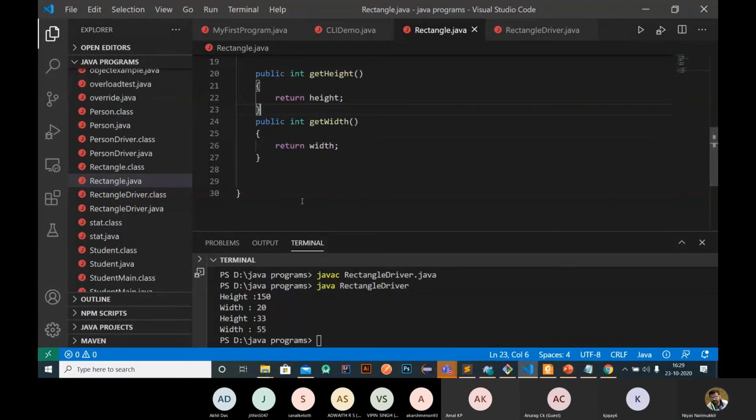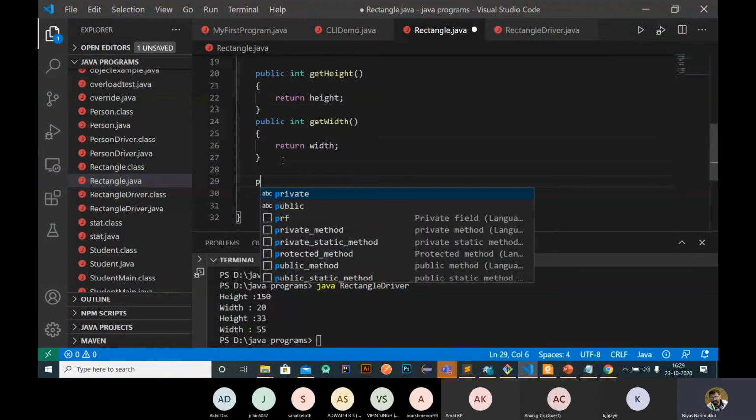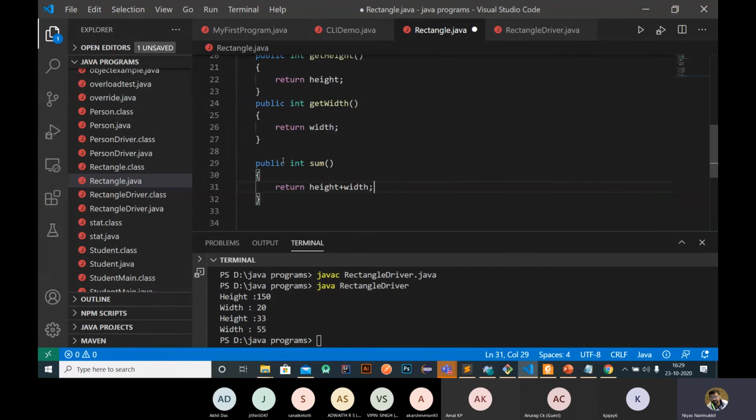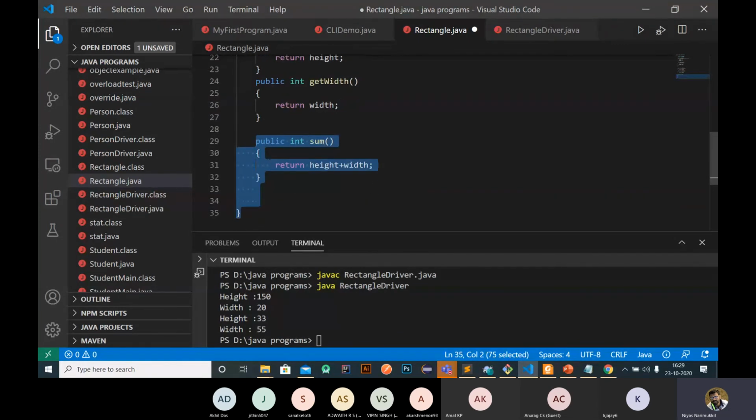Okay, so I will provide another example here, public sum. In case of sum, one of the methods, I am returning height plus width. Okay, this is one of the definitions of a sum method, right?